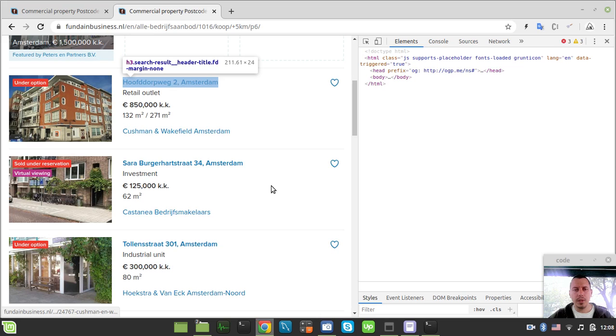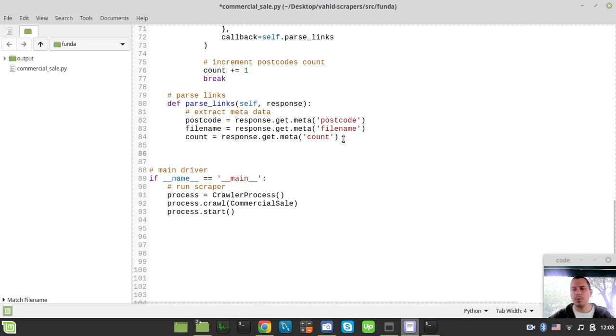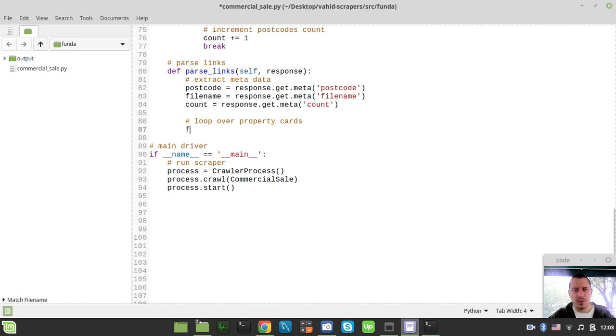First we need to loop over the property cards, and when we're done with that, we will also provide the pagination crawling logic. So here I can say loop over property cards, and for card in